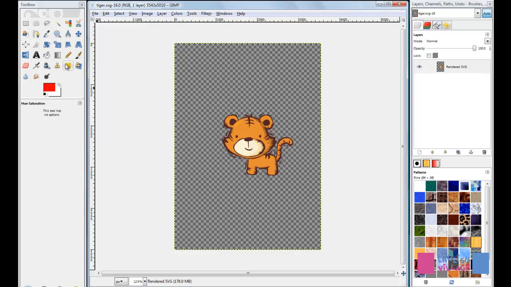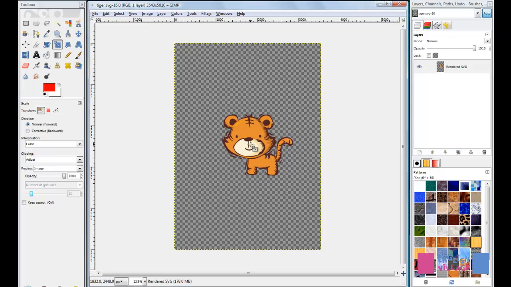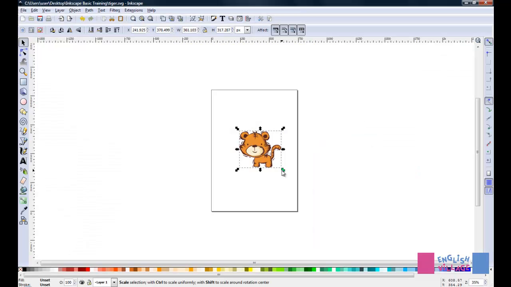And you could now, for example, go Scale Layer and then start increasing the size of this layer. But we saw in the first video that increasing the size of a layer in a pixel situation like this is not your best option. If you know that you want an image like this, for example, this tiger, to be an exact size, one quick tip that will really help is when you take this file into Inkscape, before you save this as an